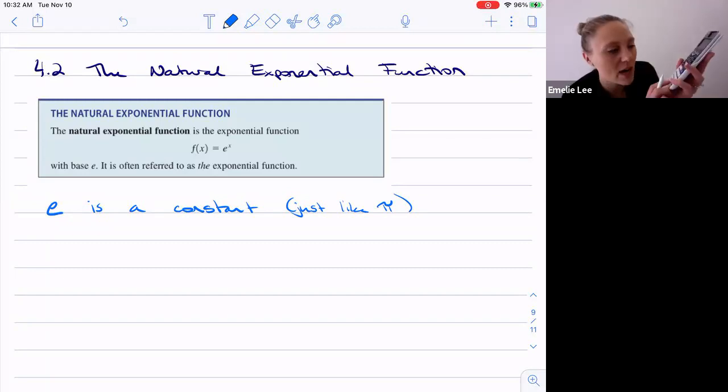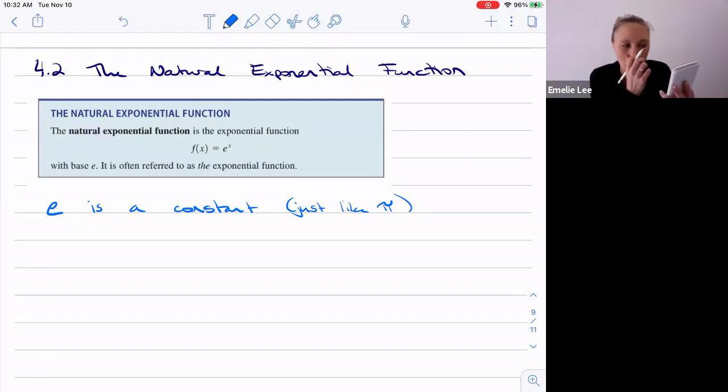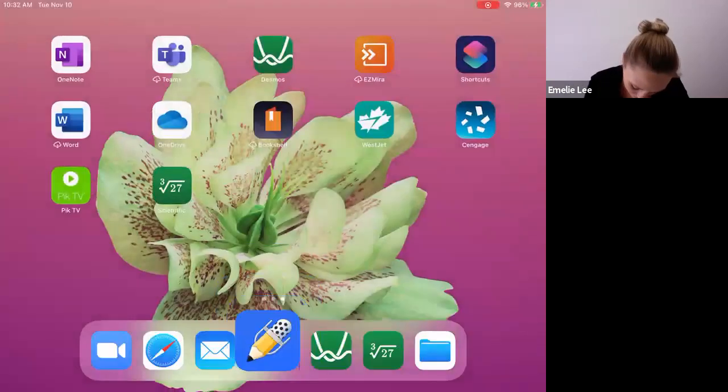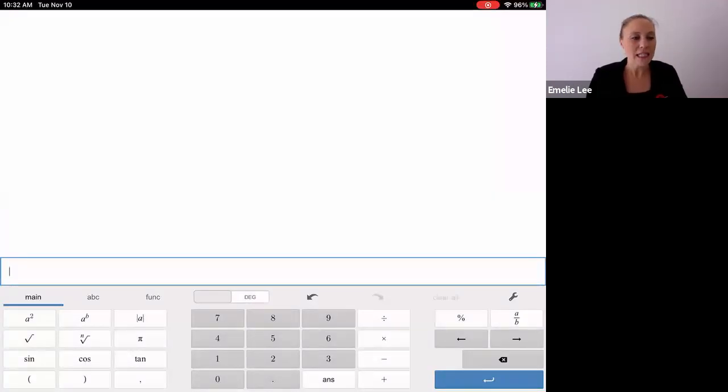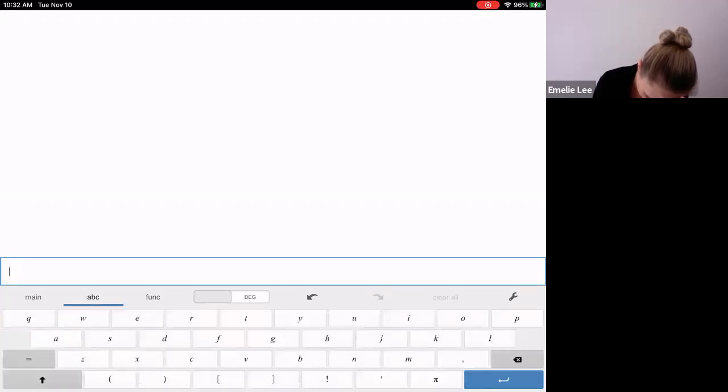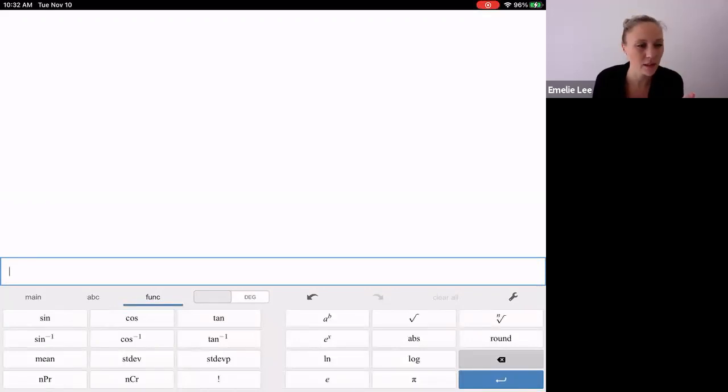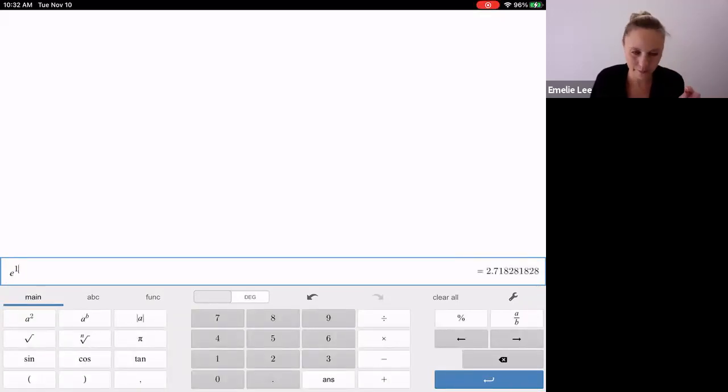And there should be a fancy E on your calculator, right? Mine is just red above the times 10 to the power of x, and it's beside the pi. You can't see that. Let's see if I can find it in here. In this Desmos calculator, if that's the one that you're using, it was in functions. Okay, so you have e to the x, and if I want just e on its own, that's e to the power of 1, right? And so if I go back here, e to the power of 1,